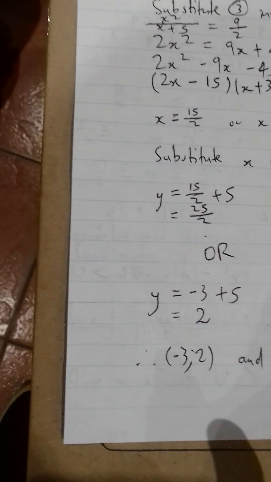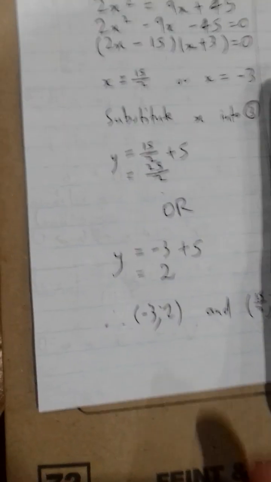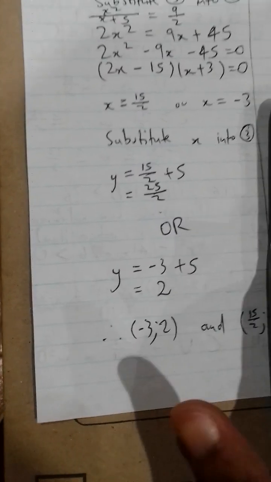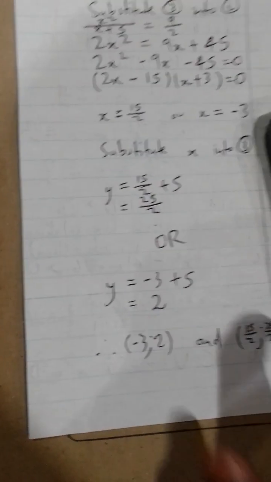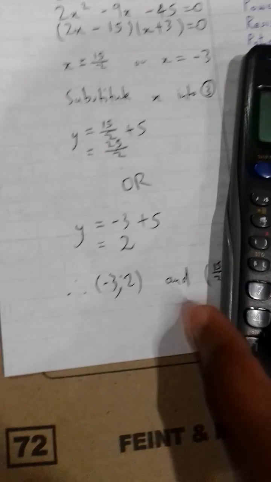Now let's try. Negative 3 squared over 2 is 9 over 2, second solution here. Let's try the other one. Y is 25 over 2 minus 15 over 2, 5. Here it is. Then I'm going to try